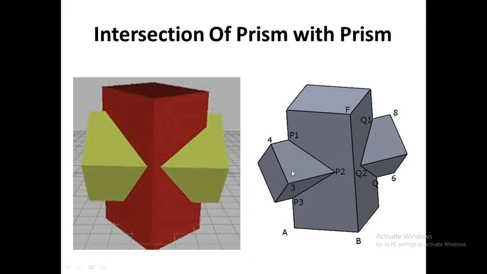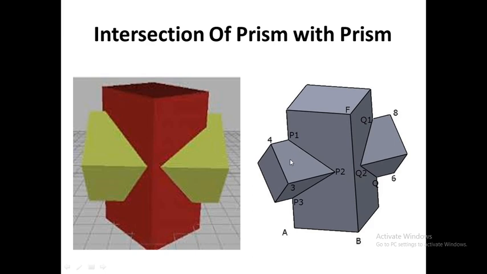Similarly, the front view of this horizontal square prism will be rectangles. As you can see, if we observe this horizontal square prism from the front, you can see two rectangular faces. First face is this and second face is on the bottom side. So the front view of this horizontal square prism will be a rectangle, whereas the side view of this horizontal square prism will consist of a square of some given side.